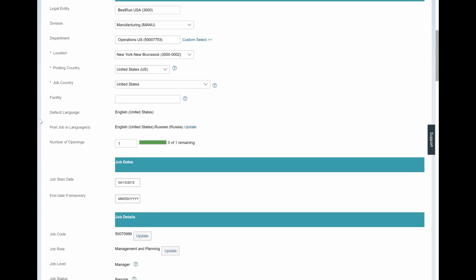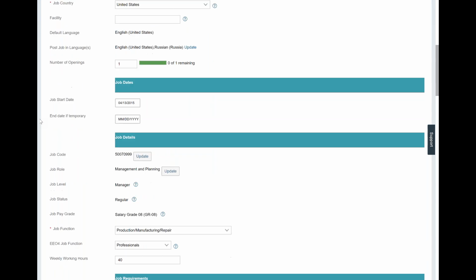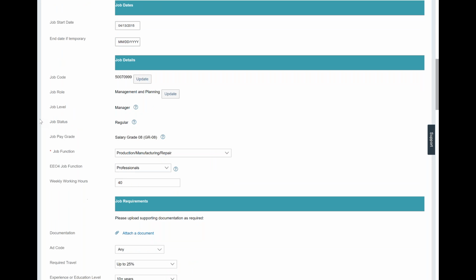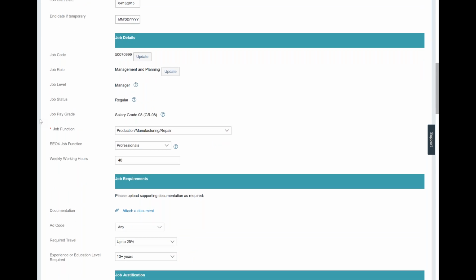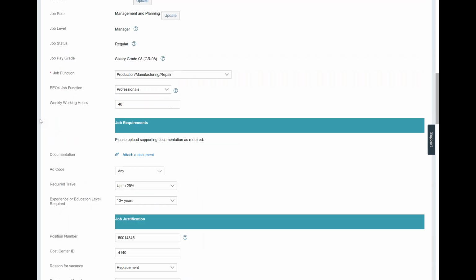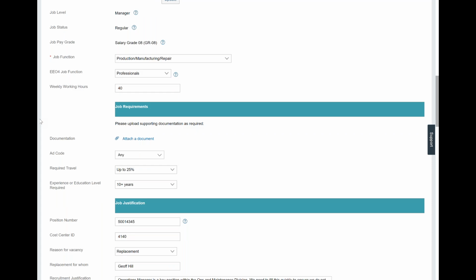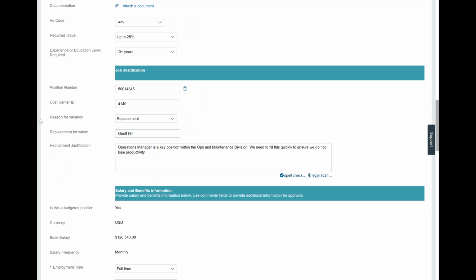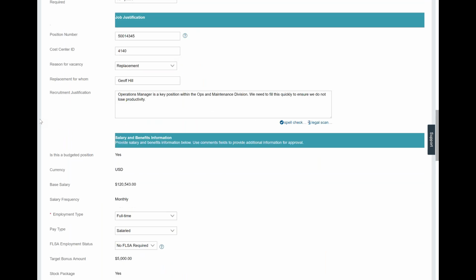A start and an end date, if it happens to be temporary, it probably has an end assignment. Some of the job details, is this a regular or temporary position, full-time, part-time? Is there an assigned pay grade associated with it? Any travel that may be required? Why are we recruiting for this particular position?